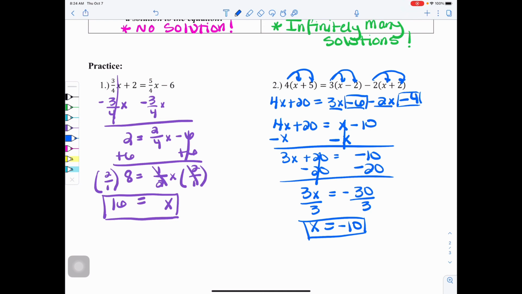In number 1, I had no distributive property. I also had no like terms. So I had to go right into getting rid of variables because I had variables on both sides. So I decided to get rid of 3/4 x by doing the opposite or inverse operation, which is subtracting. So I subtracted 3/4 x from each side. That left me with 2 equals 2/4 x minus 6. So then I want to look to undo addition or subtraction. Remember my goal being to get x or whatever variable by itself. So at this time, I added 6 to both sides and got 8 equals, and I reduced 2/4 to 1/2